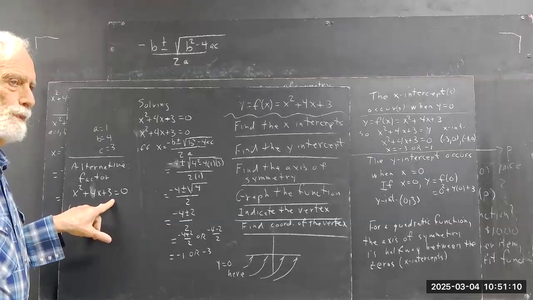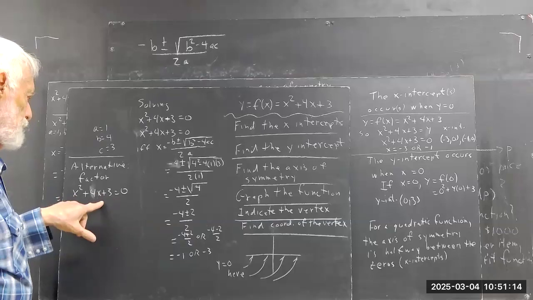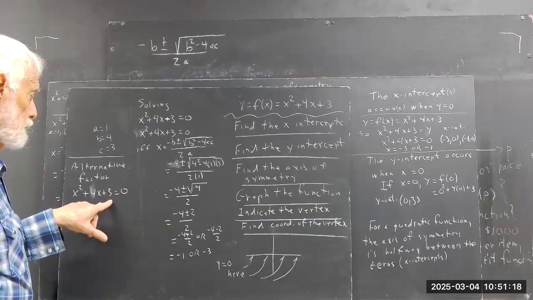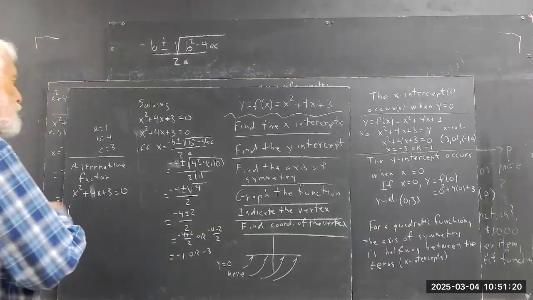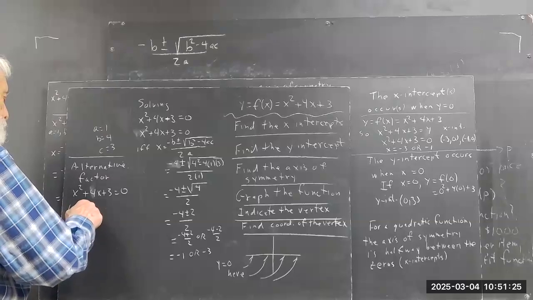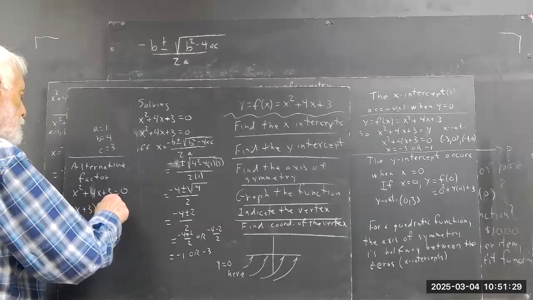Now, I think the first thing a lot of people did here was try to factor this. They were maybe looking at factors of 4, like 4 and 1, or 2 and 2, or something like that. You look at factors of 3. And I'm not going to go into the detail how you factor, but the number here and the number here,